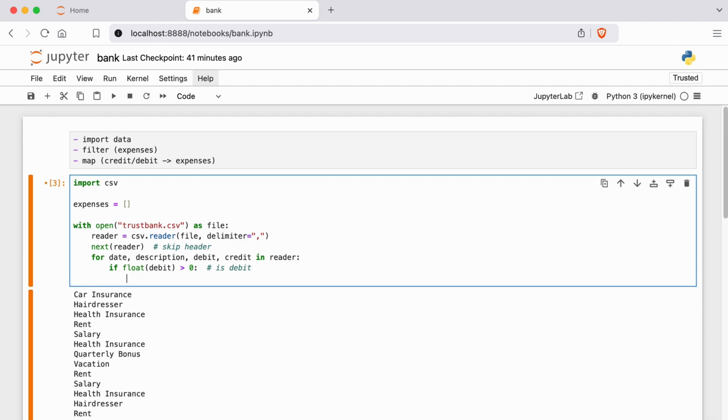Then I know that this line in the CSV file was actually a debit line. If that's true, I will append it to the expenses, and each list element will be a tuple of the date, the description,